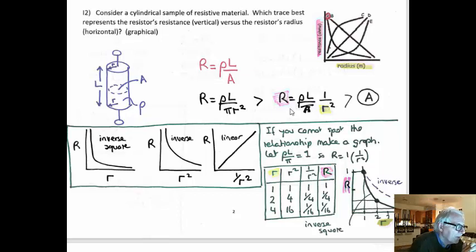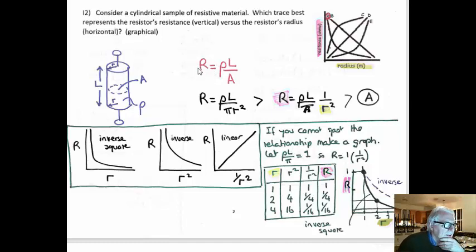And so here's my visualization. It's a cylinder. I have a certain length of resistor material. I have a certain area. It's cylindrical, so it's got a certain radius. And then there's a certain resistivity of the material. And